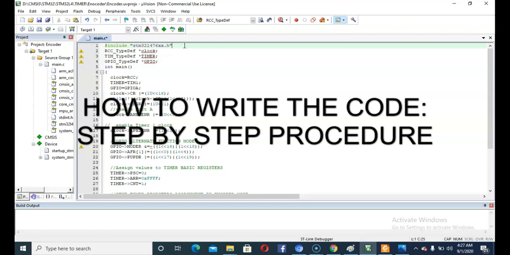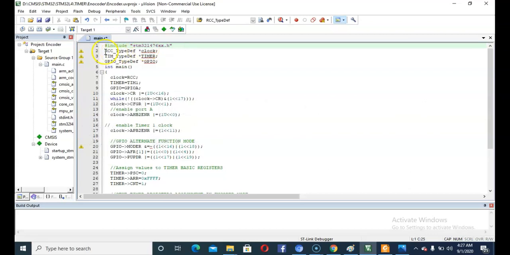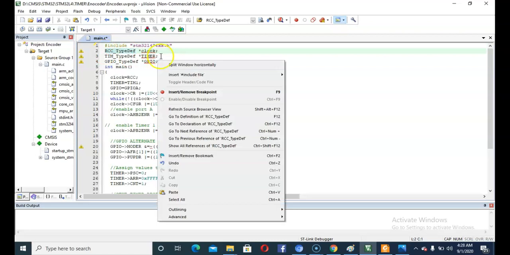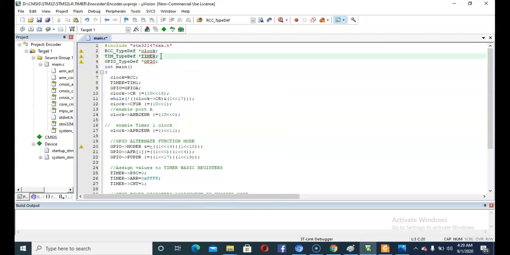It will differ only by a little bit. After that you declare pointers to the different structures you are using. You will declare pointers to the RCC type, the reset and clock control block, the timer 1 pointer, and the GPIO pointer.